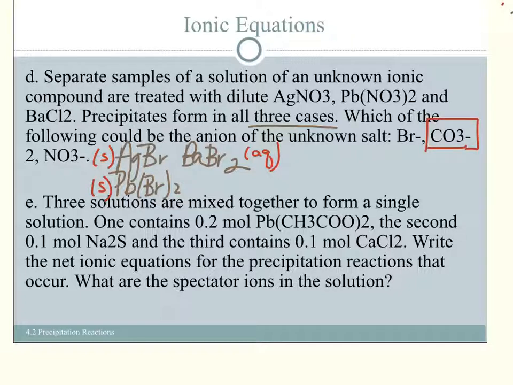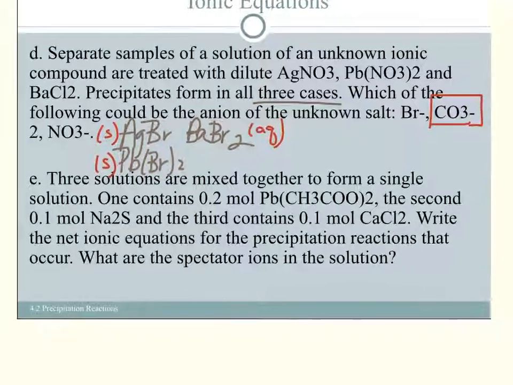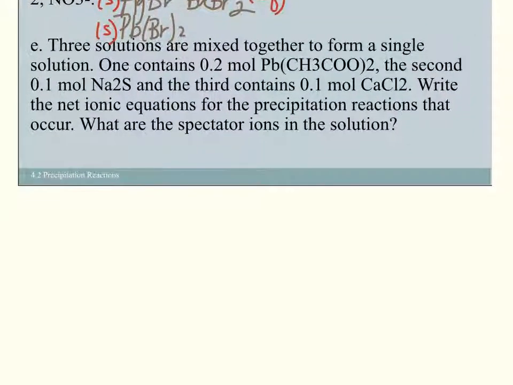All right, 3 solutions are mixed together to form a single solution. One contains 0.2 molar lead acetate. The second contains 0.1 molar sodium sulfide, and the third contains 0.1 molar calcium chloride. Write the net ionic equations for the precipitation reactions that occur. What are the spectator ions? This is a pain in the butt question, and it's also a long question. So I'm going to do it as easy as I can,